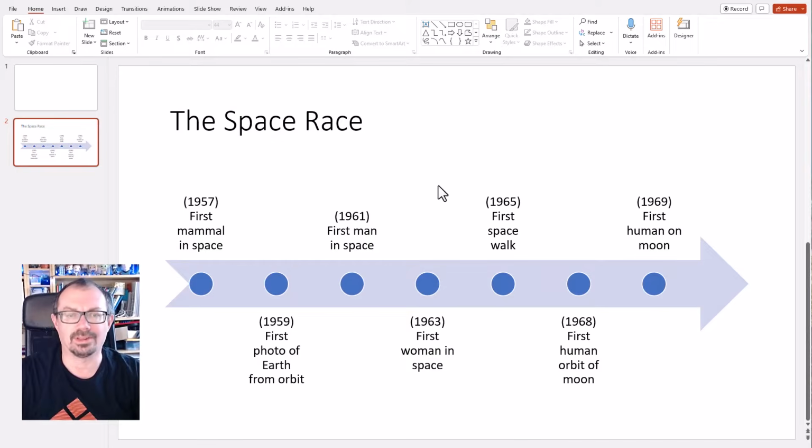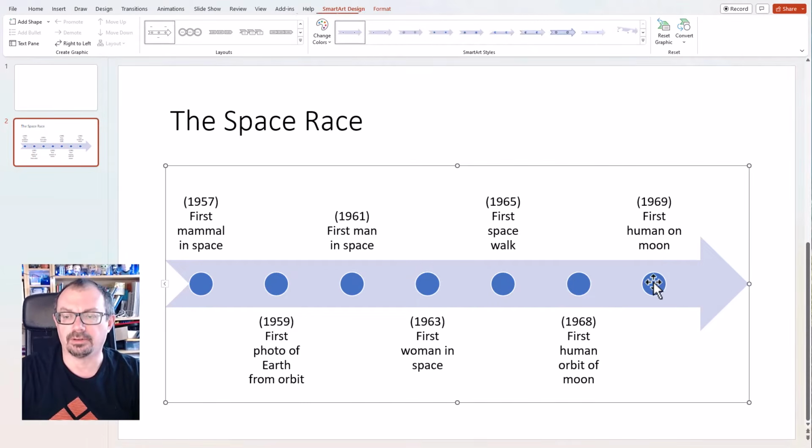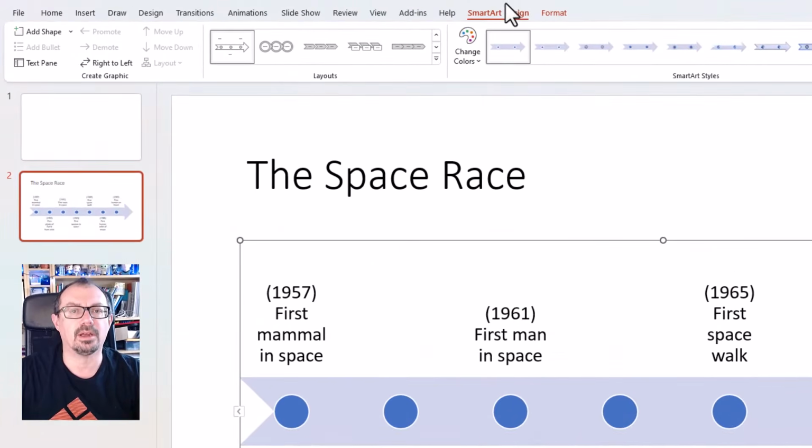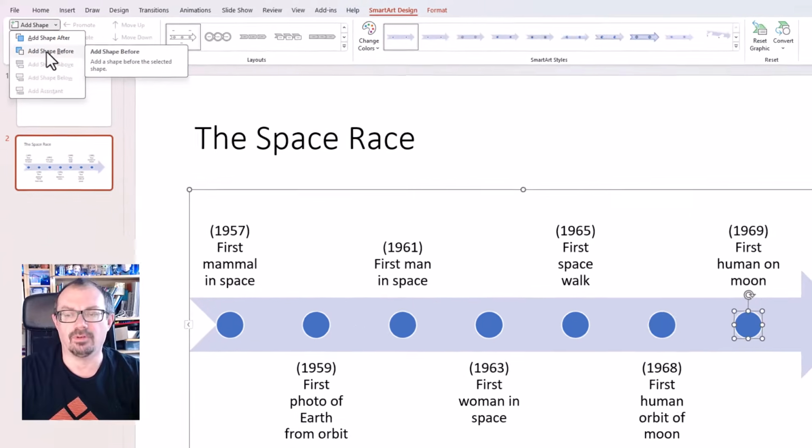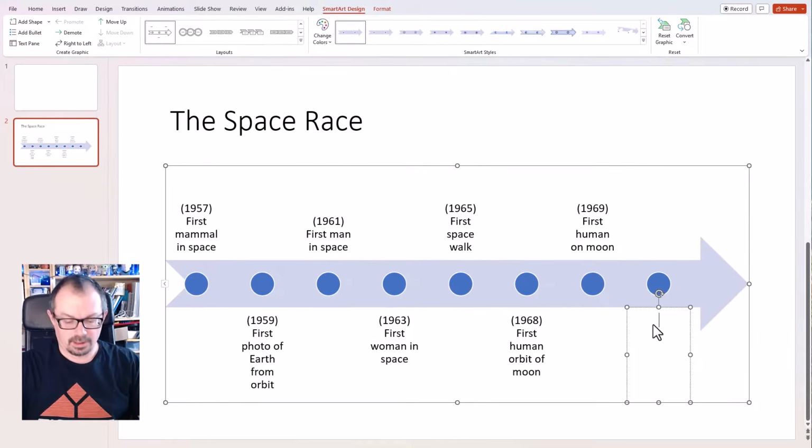I'm going to want to add an extra date to mine now. I'm going to click on here, click on this last circle here, go up to SmartArt Design at the top here, and where it says add shape, I can add shape after or add shape before. I want to add shape after, and I'm going to type in here